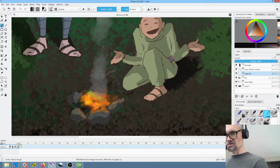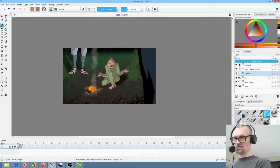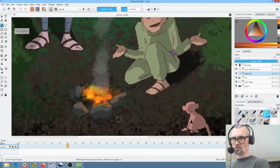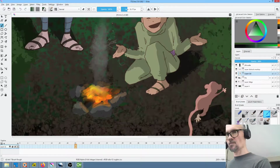Okay, so here's what I'm going to do. I'm kind of thankful that Luca doesn't really move around. So what I should be able to do here is create a little bit of a patch in the fire zone. That's just going to be a static image, and we're going to see how much we can get away with here. Right there. So here we're going to have to put in a patch. If you can just have one static frame that hides your stupid mistake,